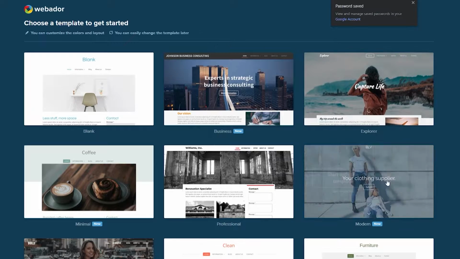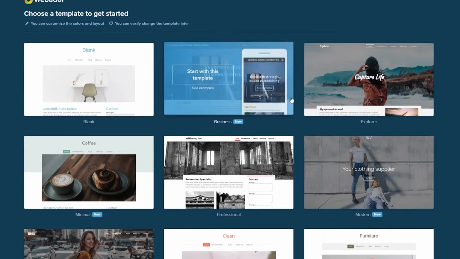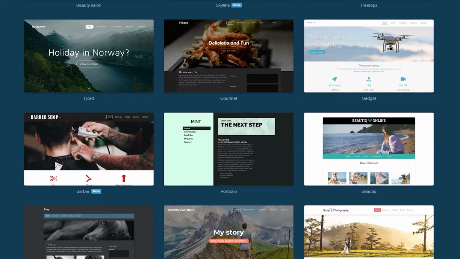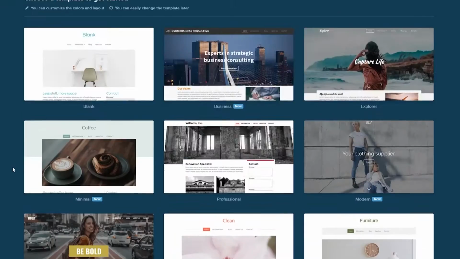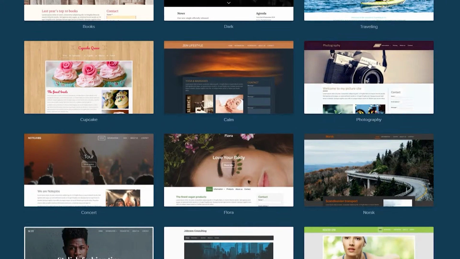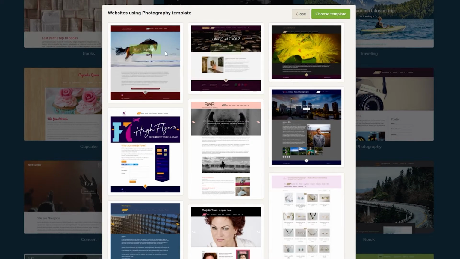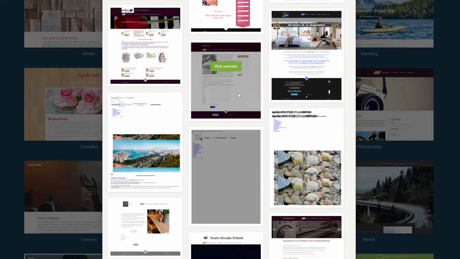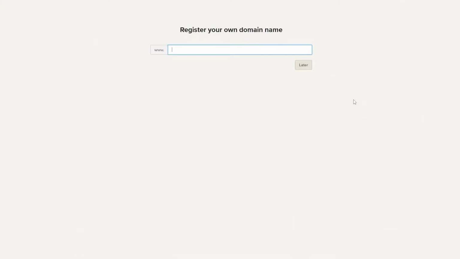And over here you can just go ahead and choose a template that you want to work with. So we're basically a photography, right? Our main goal is for photography, so we're just gonna go ahead and search for a template that fits our needs. I don't see a search button with which we can work, but okay, over here we already have a template that says photography, so let's go ahead and use that. Over here we have all the examples for a photography template, so you can choose whichever one you feel most comfortable with. Although I do like this one as well, so we're just gonna start with this